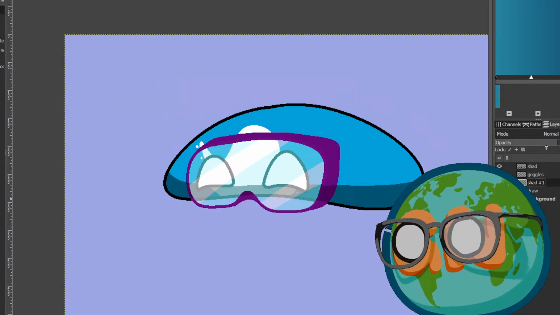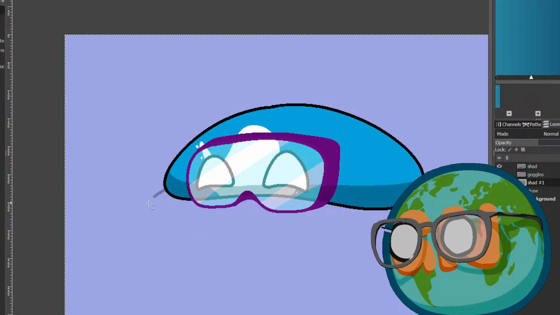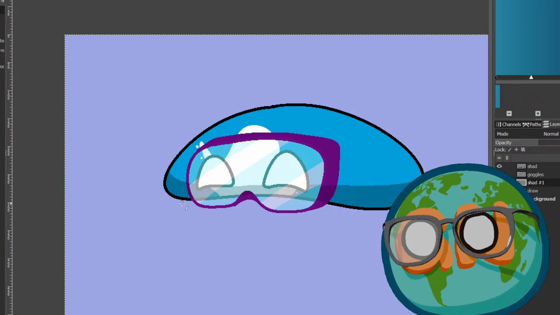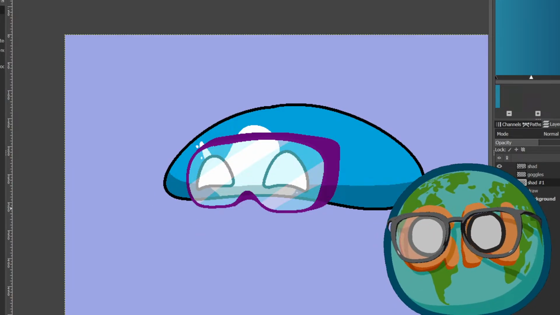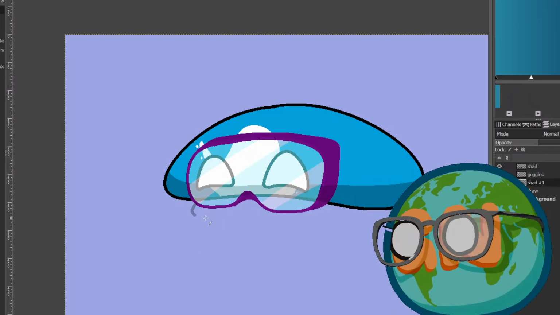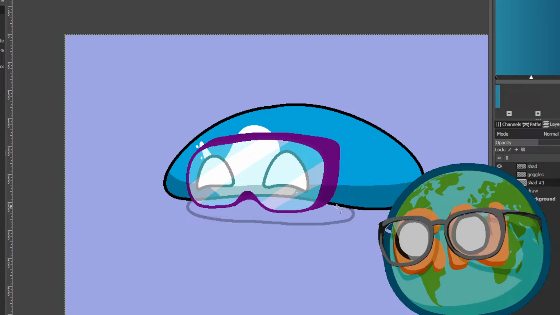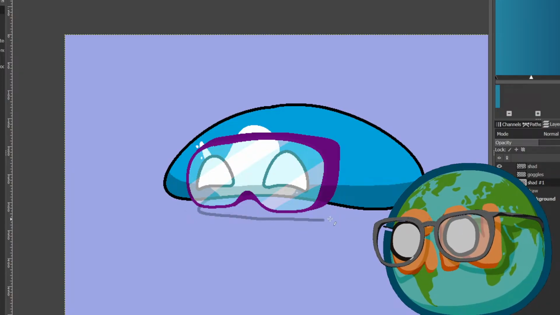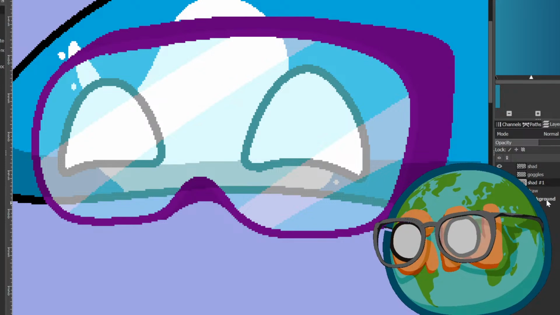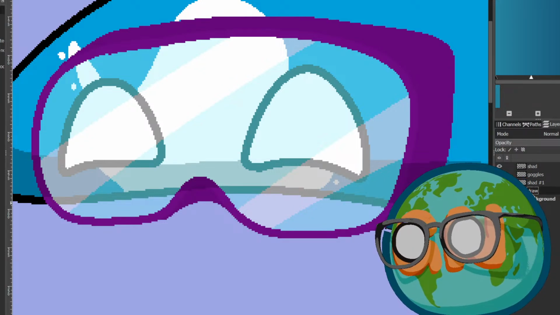Go ahead and put this shadow a little bit lower. And let me see here. Need to go back. What's this gonna look like? A little bit. I don't know. Okay, now